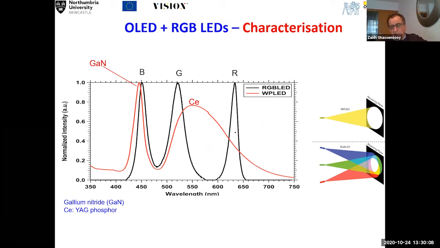You can pick up another OLED. It may have a slightly different composition of RGB. But what it's telling us is that it is almost the same, with two peaks around blue and green. And then obviously there is no separation between green and red. It's almost like a single band between just those two primary colors. So again, you can conclude that you can treat it as the same as an RGB LED.